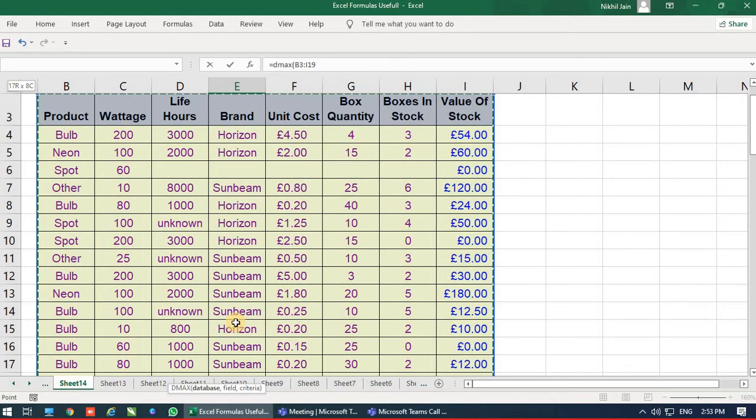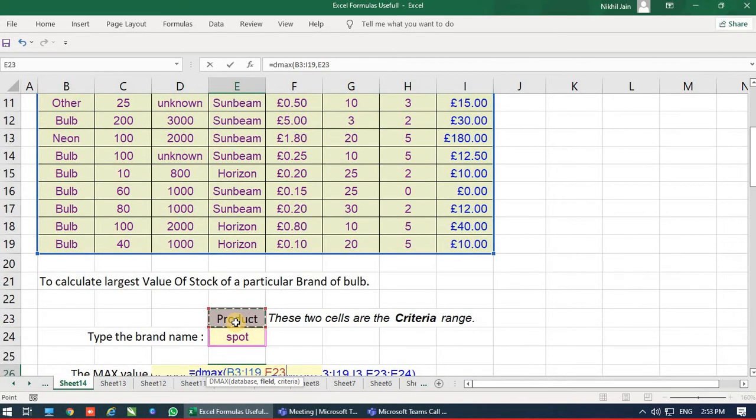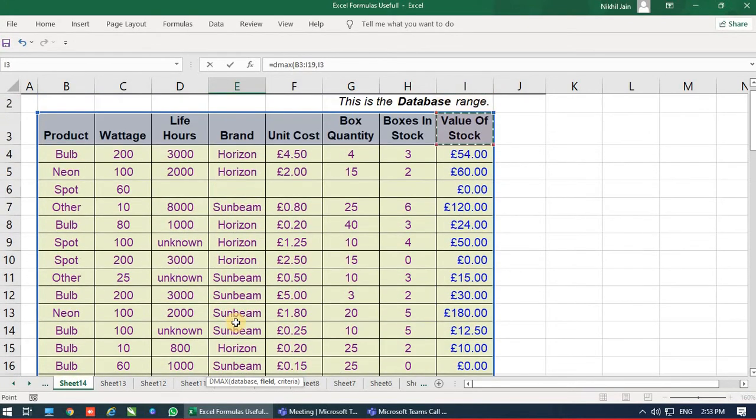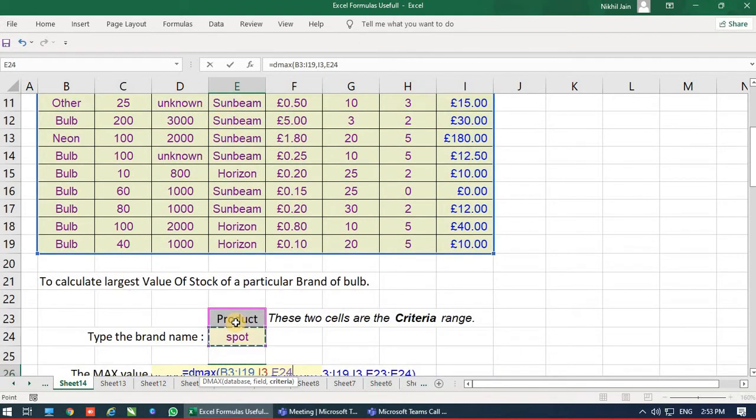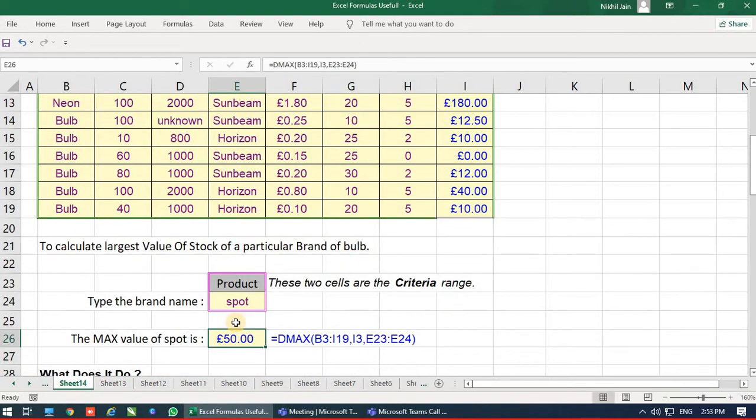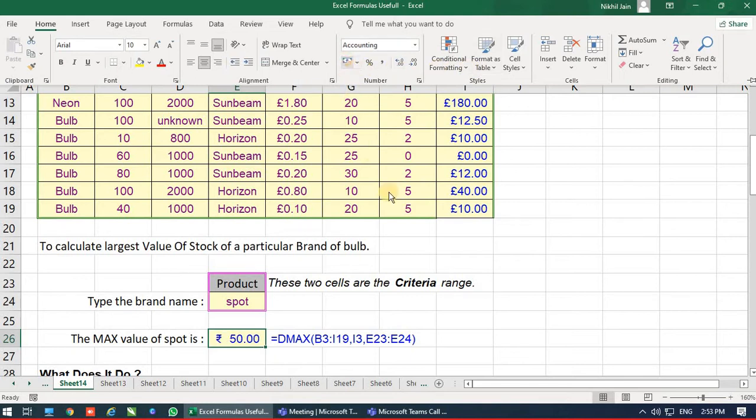For example, in average the answer is the average, in maximum the answer will be the biggest value of the range. Now in the field I want value of stock, the highest amount. Product spot has the largest number, 50 pounds. Again I'll have to change it into rupees.